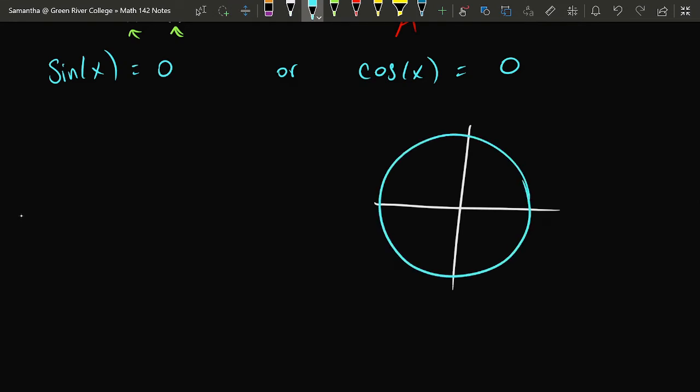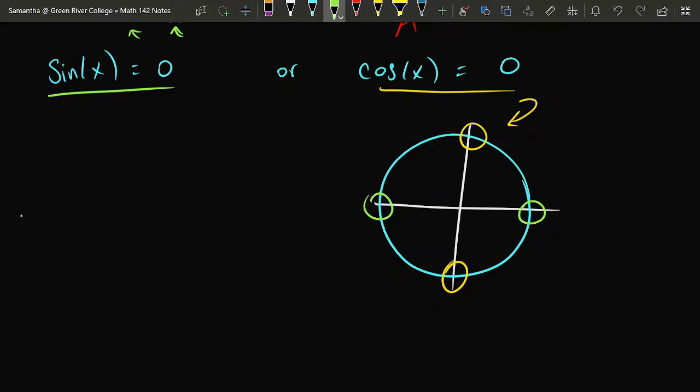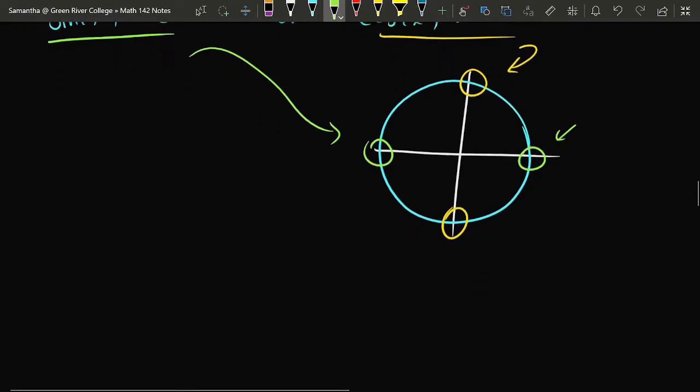If we're looking for angles at which cosine outputs 0, we're looking for angles that will point us toward either the very top or the very bottom of the unit circle. And if we're looking for locations where sine is expected to output a 0, we're looking for locations either at the far left or the far right side of the unit circle. So let's write down all of the angles that would position us at one of these four locations.